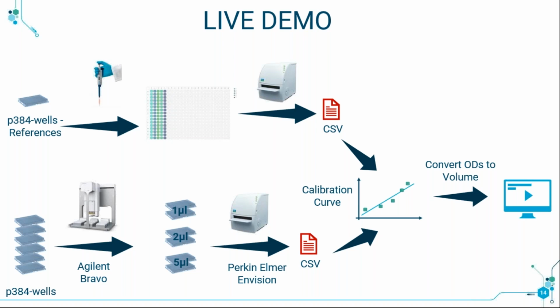Then once I have my calibration curve, I will use the raw data coming from my Perkin Elmer ENvision, corresponding to the 6 plates I filled with my Bravo and with the 3 different volumes I want to qualify. All right, so let's go